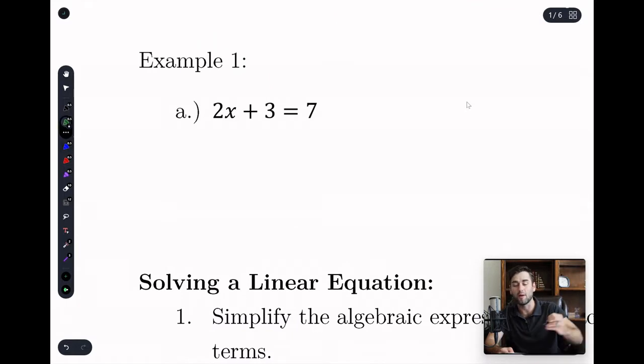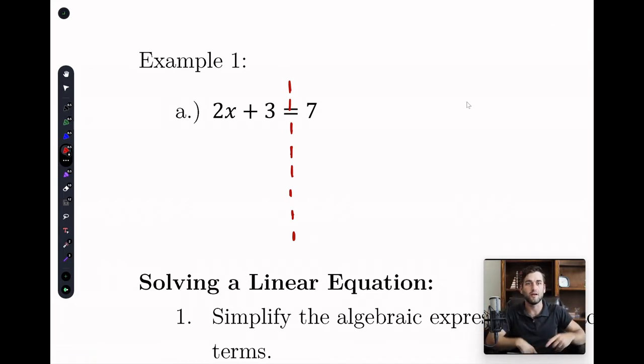So let's get started with this example one real quick. This should be review. I'm hoping this is review. Anytime you see this equal sign, what do you do? You draw a line, right? Now, if you can do it without the line, by all means, go for it. But I told my students all the time when I was teaching high school, draw the line. Don't forget to draw the line, because what you do to one side of the line, you got to do to the other side of the line.